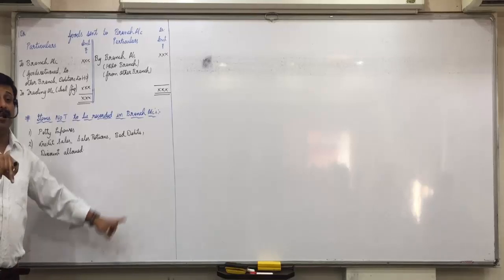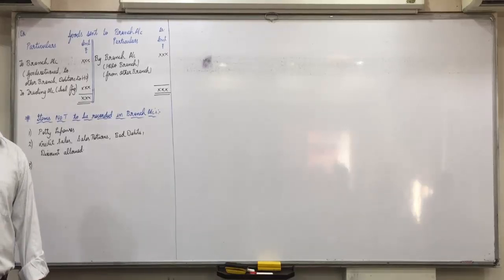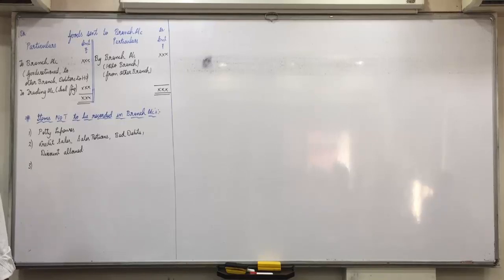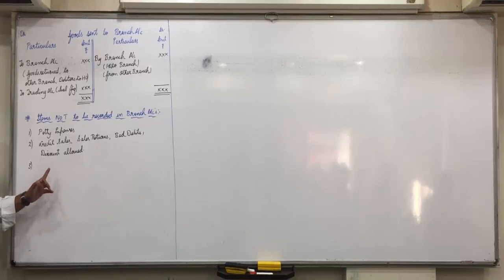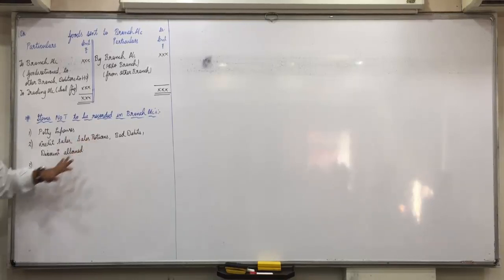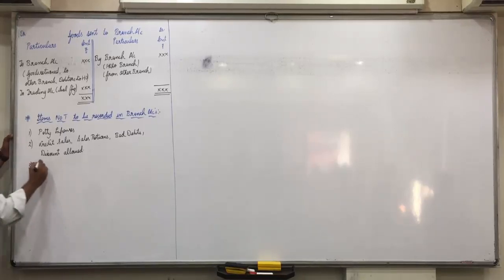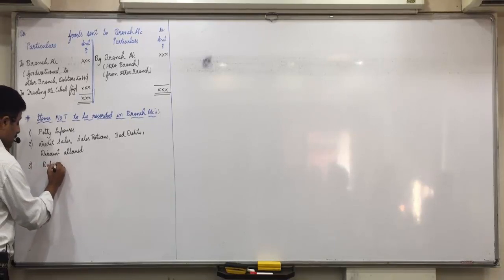No. Debit side also we did not find the entry in expenses because there we had given which heading? Cash for expenses. The money which is sent from head office to branch for expenses. In bad debts, head office does not send any money to the branch. So this is not to be recorded. Even in discount, head office does not send any money to the branch. Debtors pay less money, that is the discount. So these things, credit sales, sales return, bad debts, discount allowed will not be recorded. Is everyone clear with this? Any confusions up till here? Then depreciation on assets.